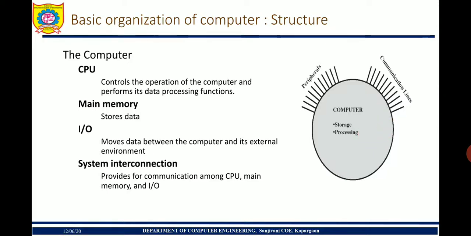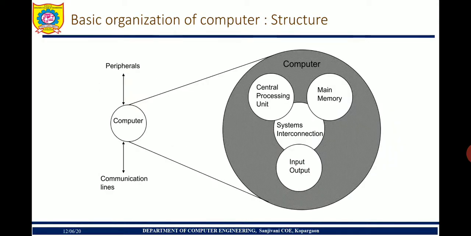For better illustration, everybody knows what is a computer, right? By definition, a computer is an electronic machine which takes some data, processes it and gives an output. It takes data, it could be from peripherals, it processes it in the computer and gives an output. Using this communication line, it can give output to a display or it can store to a memory.